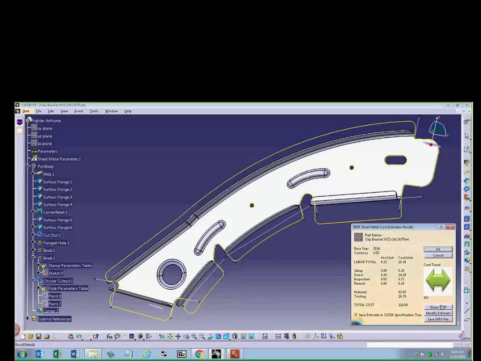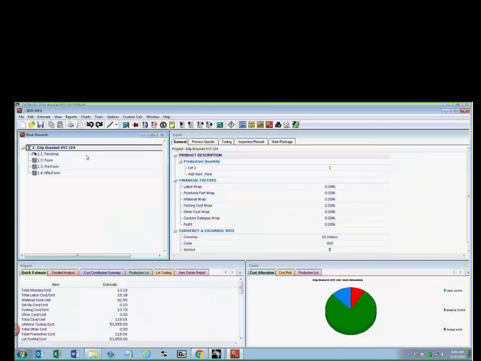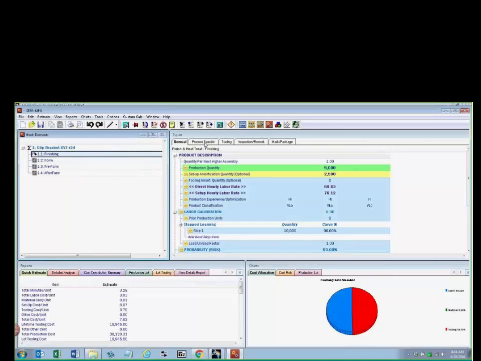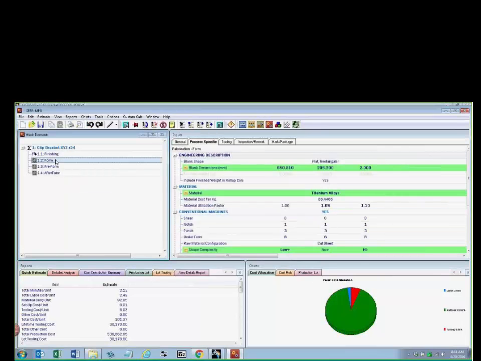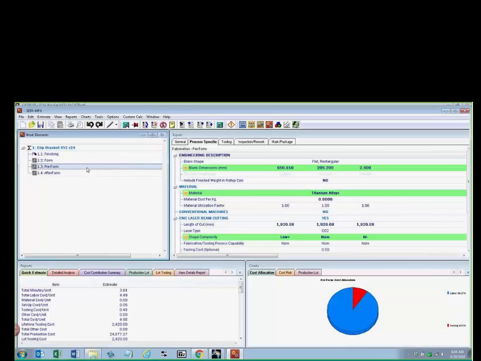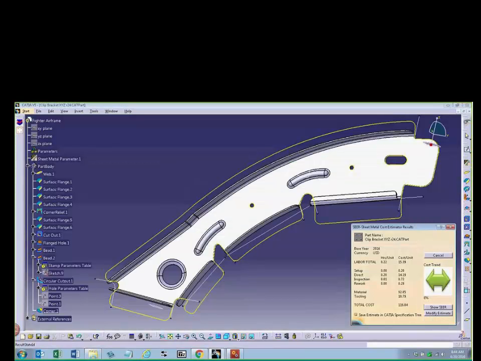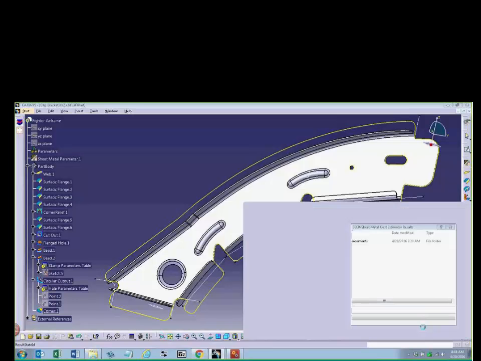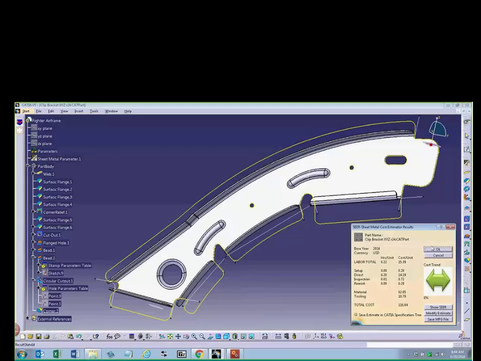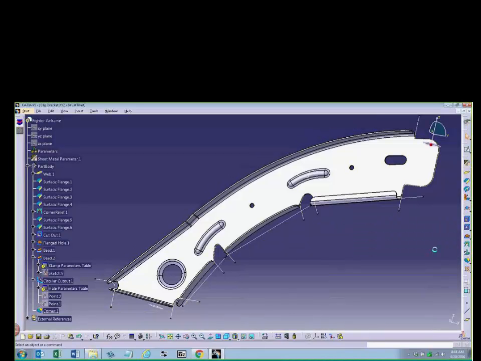He or she can go and look at the estimate by showing SEER. So we can see the finishing operations that are preloaded based on the environment settings, the forming. In this case, we had a conventional notch, punch, and break form, the preforming, laser beam cutting, and after forming. And they wanted to save the file and let the cost engineer know, hey, the part is now ready. The estimate is ready from SEER, so you can use it in your downstream estimation process, add it into the assembly, and so on. So that's just how quick and streamlined the process becomes when using the interface